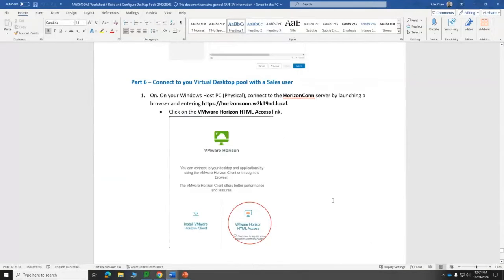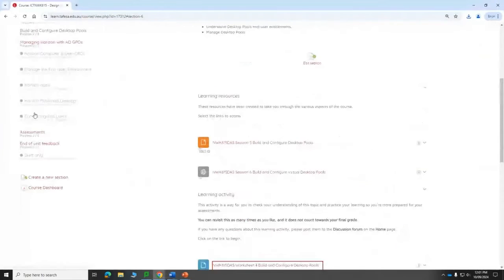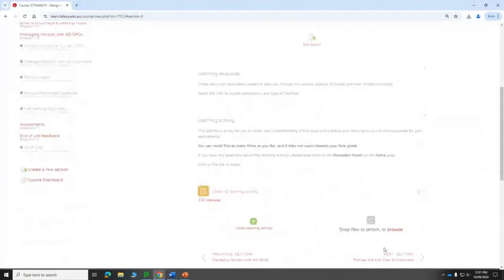And for last week's purposes, we just used this because it allowed us to connect quickly. But if you are going to use this end device over and over again, and it's compatible with the VMware Horizon client, then